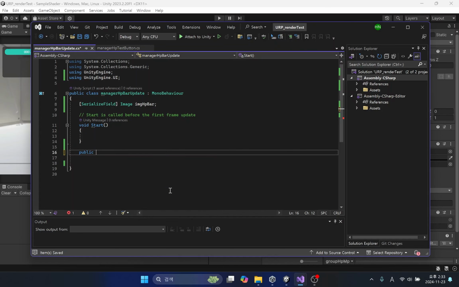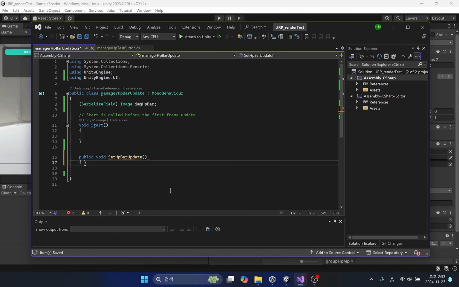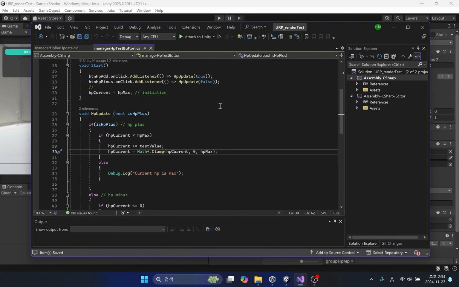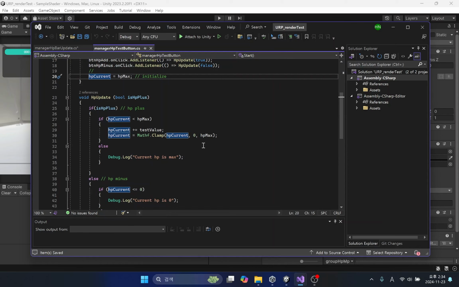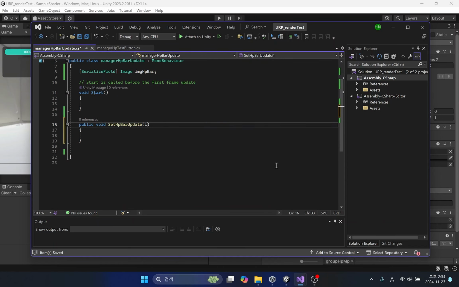I will create a public function so that it can be accessed and executed from the Manager HP test button script. Since we will be changing the length of the image based on the current HP and max HP, we will use parameters in the public function we just created.